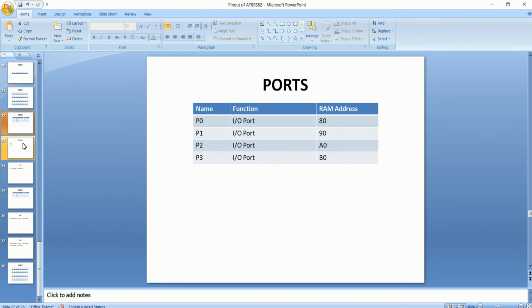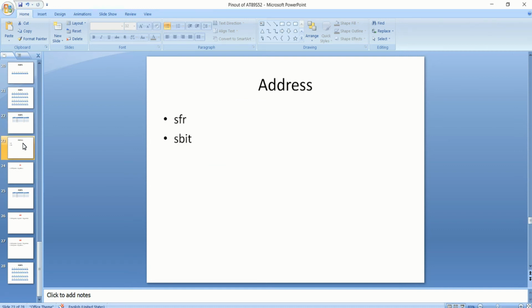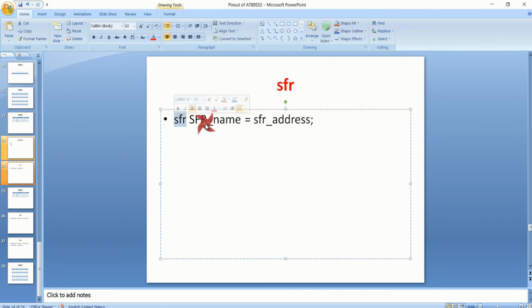The C51 compiler provides 2 different types for defining the addresses of SFRs available in our microcontroller. They are nothing but sfr and sbit. Using this sfr type, you can declare addresses of SFRs using different names, and using that particular name you can directly write or read 1 byte of data, or 8 bits of data, to that particular SFR address.